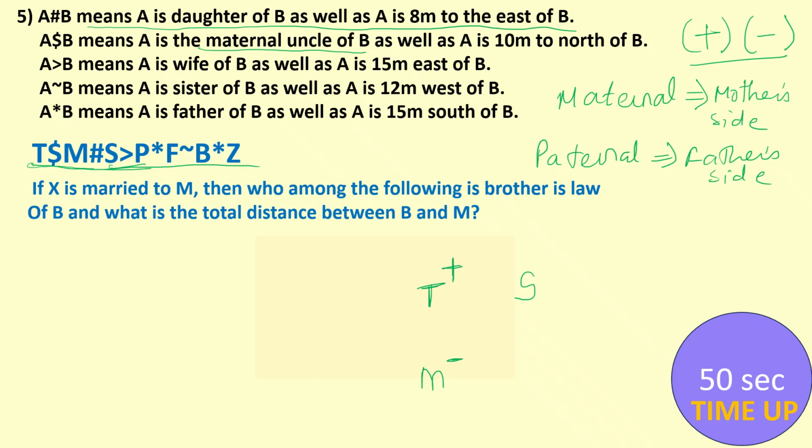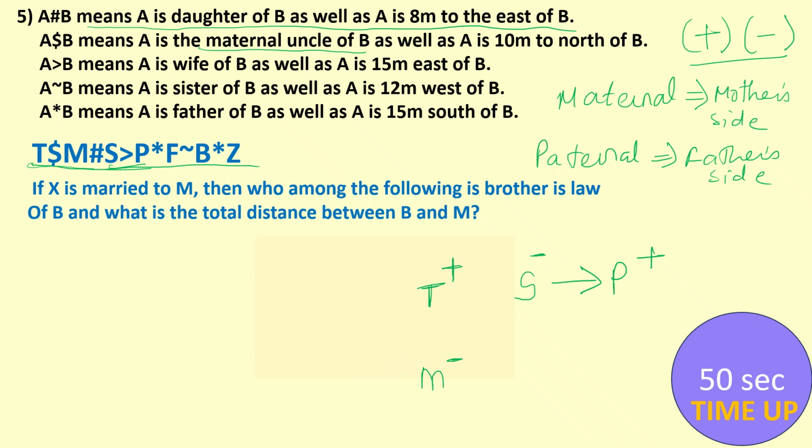S greater than P means what? S greater than P means S is wife of P. Okay, so S is wife of P. So this is minus wife of P. Understood? Next,